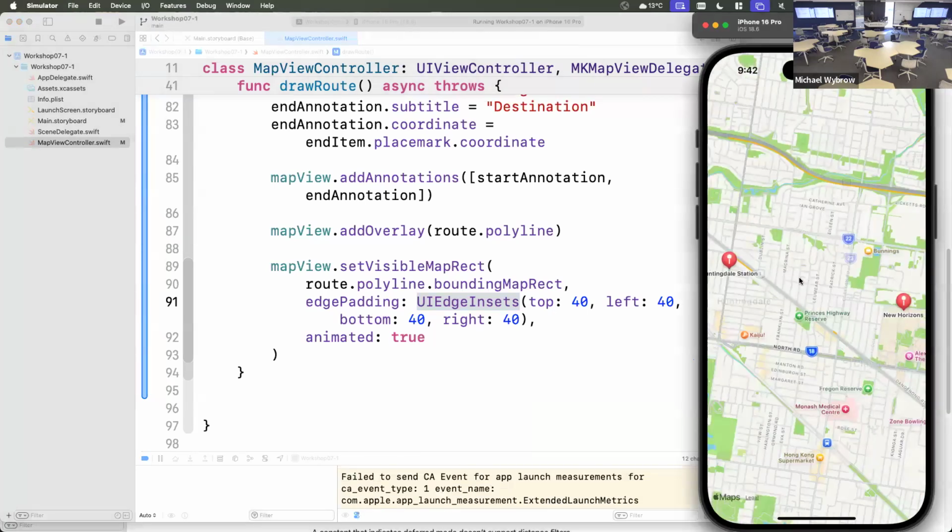Now, you could run this. And you would see the 2 pins, and after a couple of seconds, it sets the visible map region, but we don't see any route. Okay. This is another thing that ChatGPT didn't do, right? It turns out when you want to display a polyline, you have to actually describe to the map view how it gets rendered. Okay, so there's a delegate method of the map view,